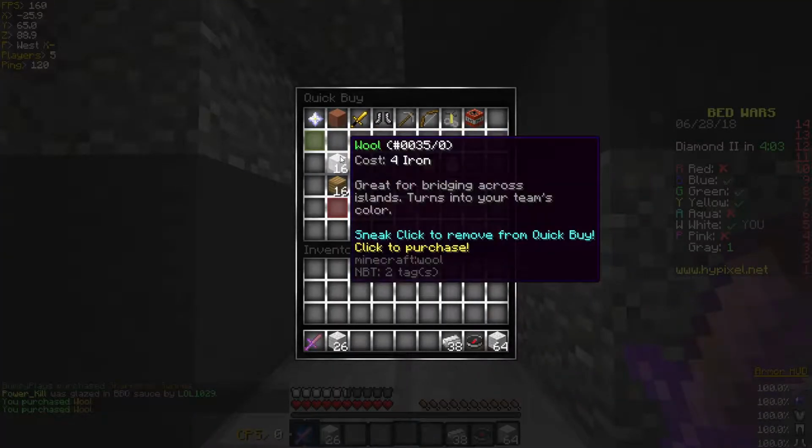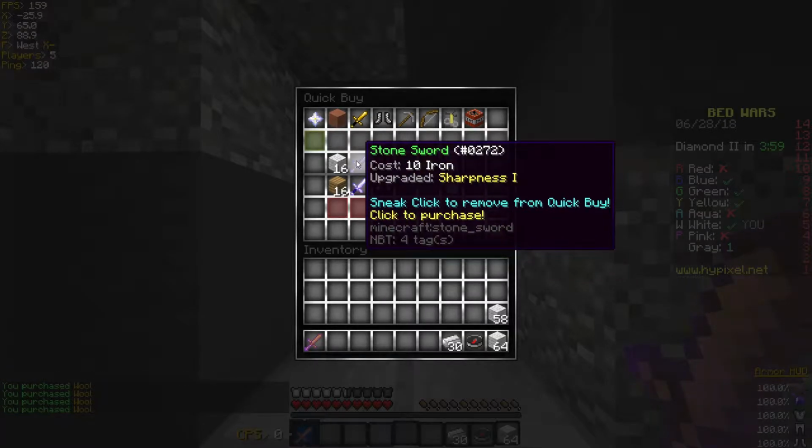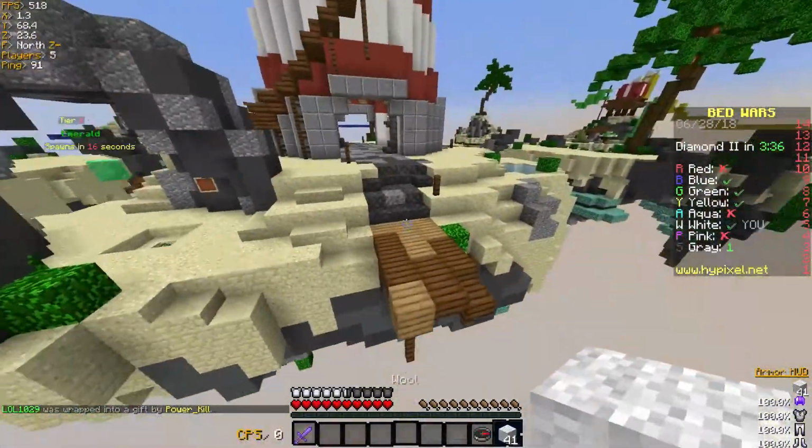Alright, we just bought sharpened swords, and I want to make sure I'm at 2 stacks of blocks always when you go to the middle. And we might as well go ahead and get a stone sword, since that is only 10 iron, which is very easy to get. Alright guys, we're making our way to the center,